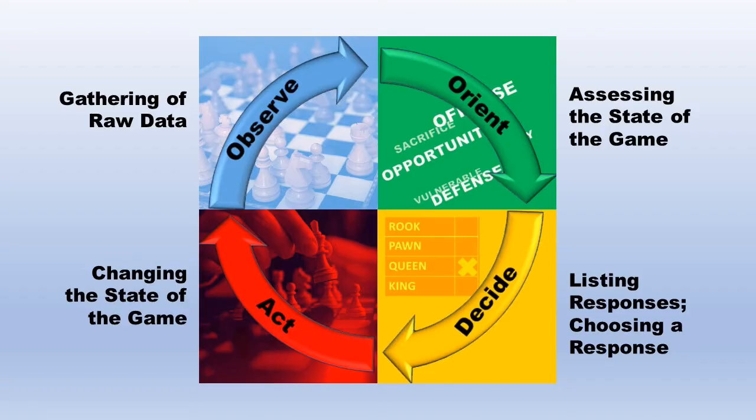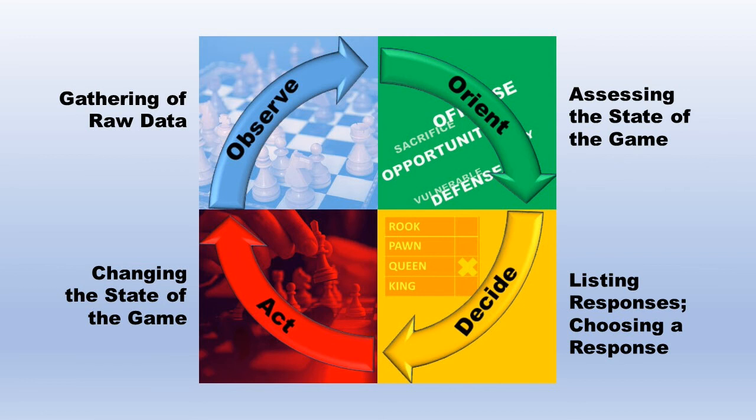They're choosing a response based on the assessment of the game. And again, this is where player individuality comes in. Two players may have the same list of possible responses, but a bold player and a cautious player are going to pick two separate things from that list. So it's very dependent on player individuality. Then at the end of the decide step, the player decides on one action to take, and the action is taken during the act step.